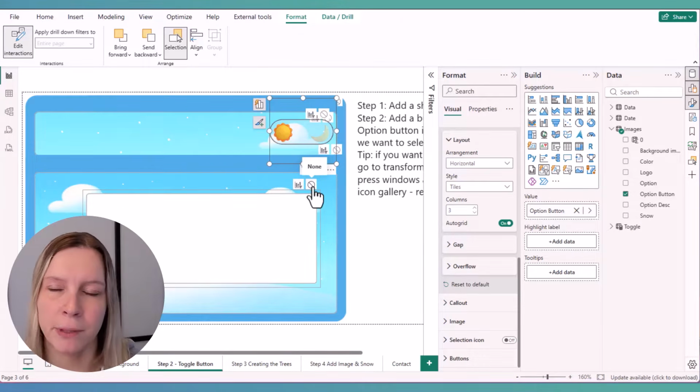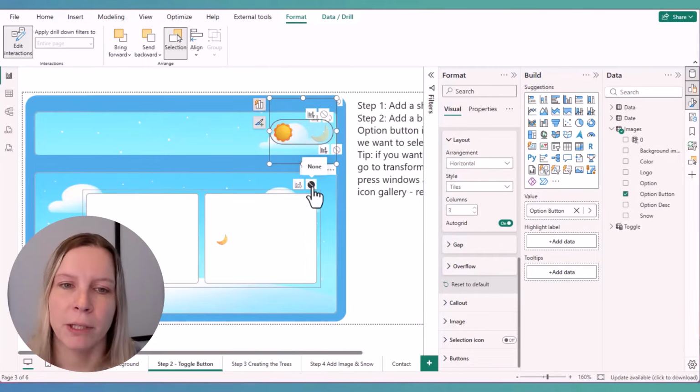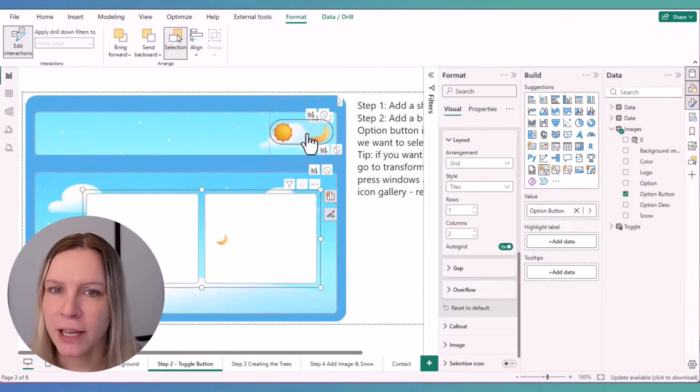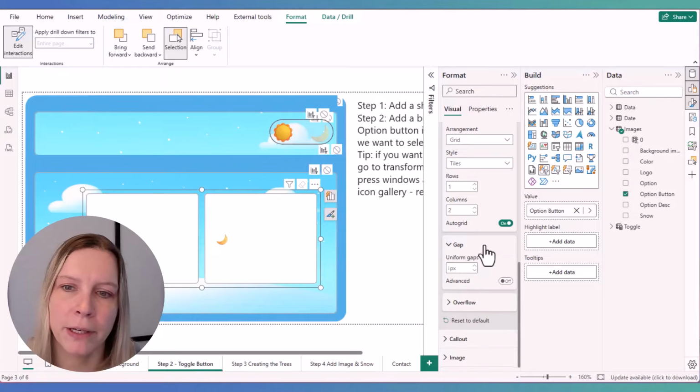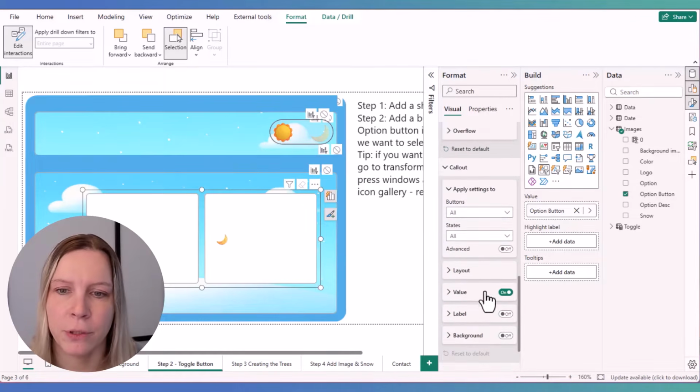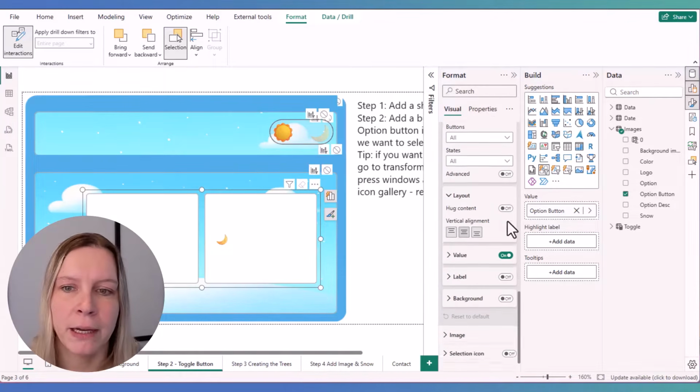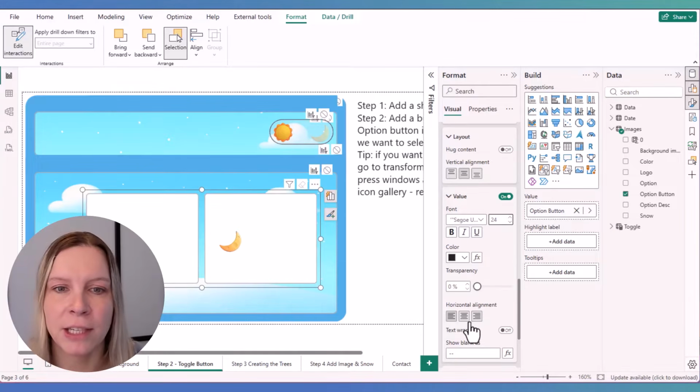You see, if it has an effect, we only see the first one, and otherwise we see both. But still it doesn't look entirely like the example. So what I'm going to do now is we can, first of all, make the callout value bigger. And even if there's an icon, you can change that like